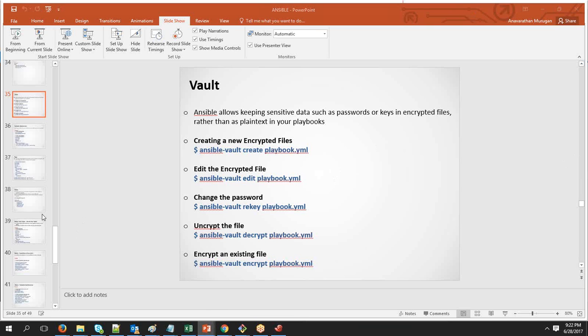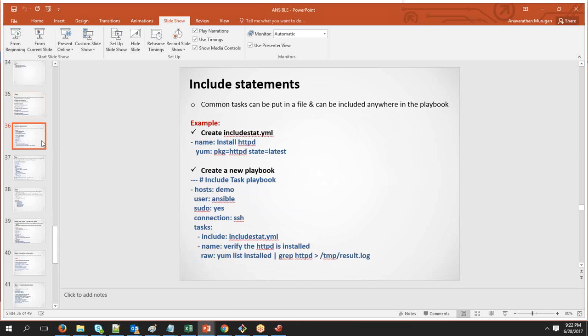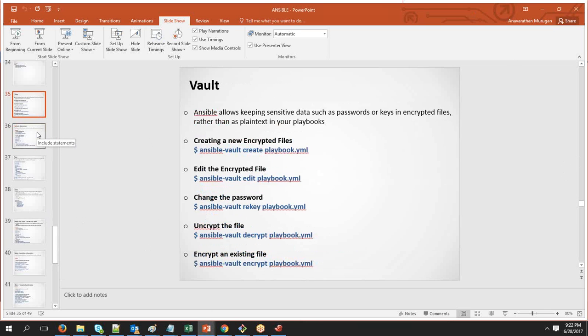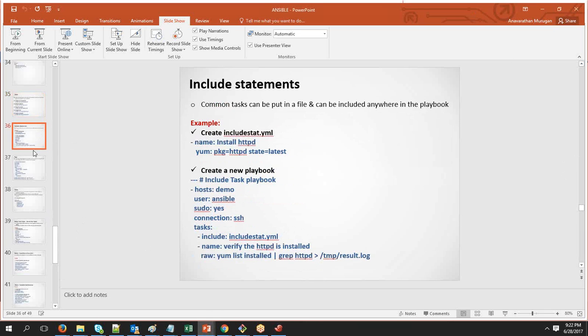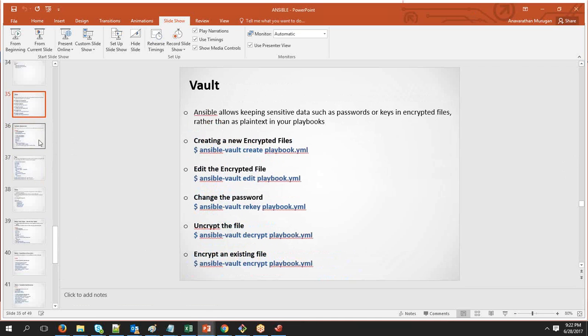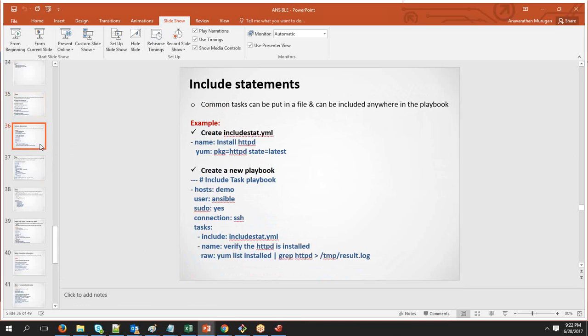Okay, getting it? What is a vault? Okay, if you have understood,